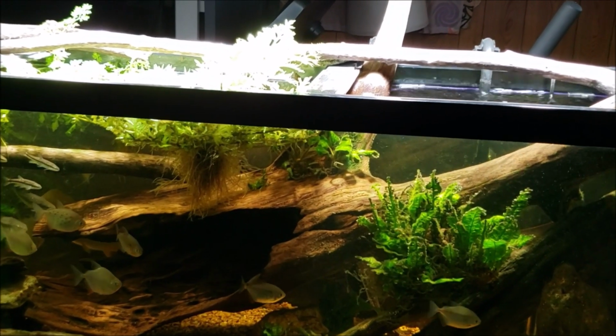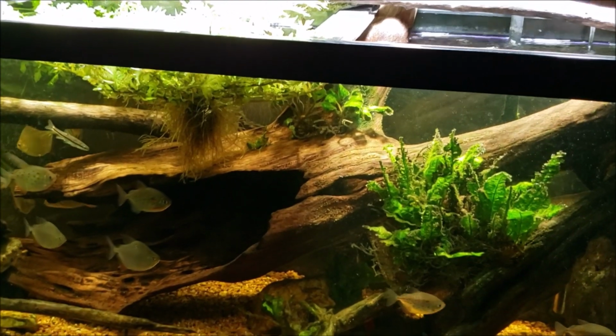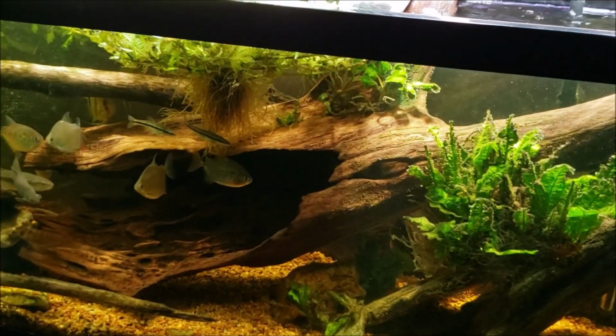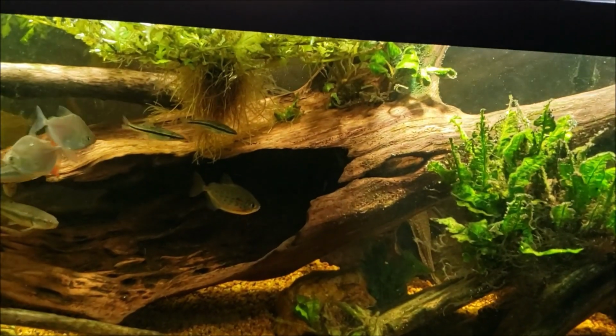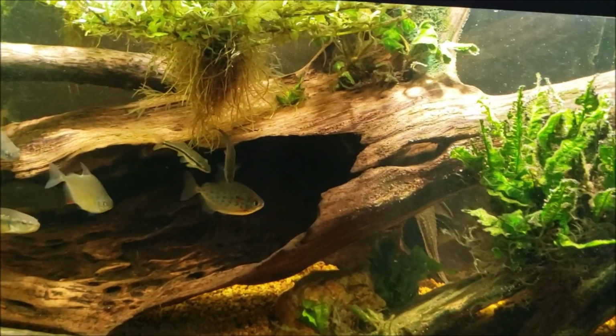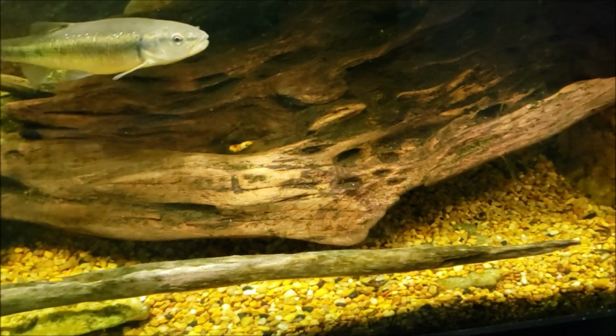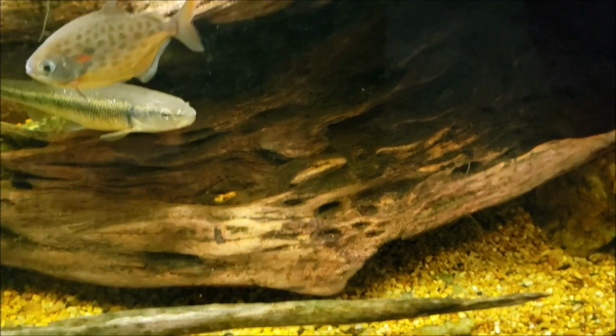It was still kind of a toss of the dice as to whether I was actually going to be able to get it to go in there and how it was going to look, but it certainly worked out because it looks awesome. I really love the way the fish interact with it. You can see down here how clean and smooth it is because I have another one of those high fin spotted plecos,